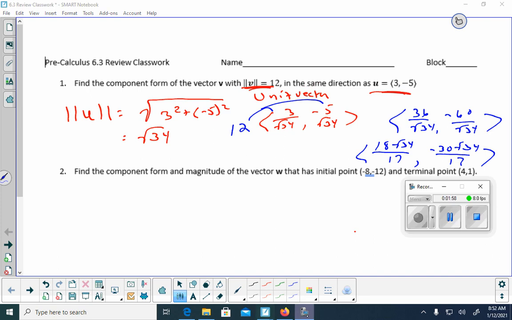When the bell rings here in a few seconds, the bell will ring. You'll have